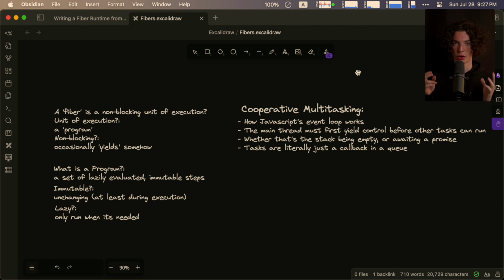And tasks in this model are just callbacks in a queue, right? As our function goes along, we initiate these callbacks, which end up in this callback queue. And when the stack empties, the runtime pulls the next thing off the callback queue and continues execution. This is called cooperative because the functions themselves have to yield, right? Everything is synchronous until you hit that await point, and there's no possible way to yield outside of explicitly calling